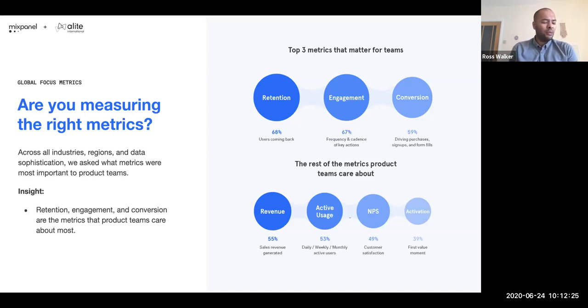When we take a closer look at conversion, being the third highest metric, what's interesting is when we break this down by region. This is something that we go into in more depth in the report itself. When we compare EMEA against the US, we found that revenue beat out conversion, specifically in the US. But when we look at revenue in EMEA, it dropped a lot lower.